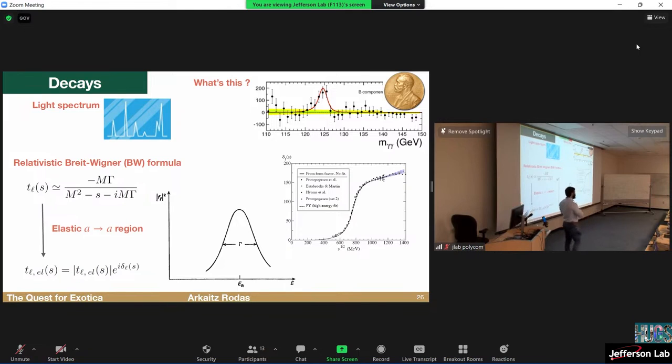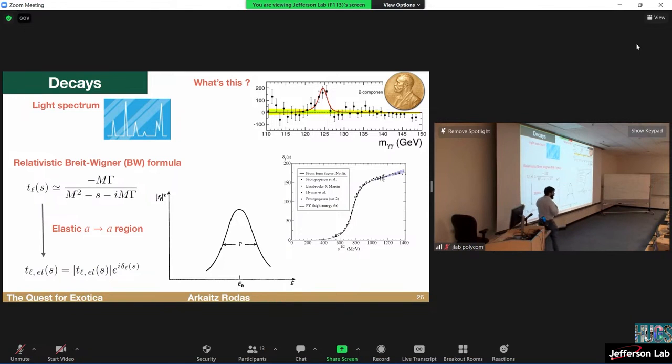It cannot get any simpler than a Breit-Wigner formula, which is what we are giving you now. It means it's isolated, it has a very nice peak, and it's a simple resonance. So it's a pole in the complex plane, very close to the real axis where it's measured. And by fitting this data, we can determine its mass and its decay width, or basically the inverse of its lifetime, right?